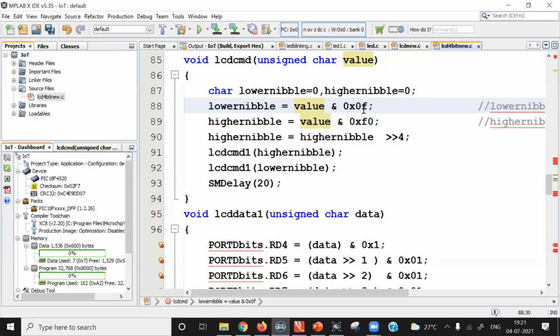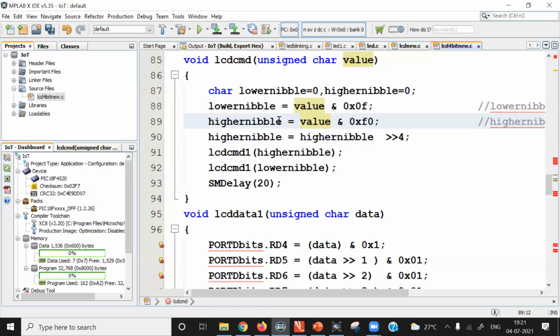So what happens is that the upper 4 bits in this value get masked. You know that ANDing of 0 with 0 is logic 0, ANDing of 1 with 1 is logic 1, and ANDing of 0 with 1 is 0. So with this ANDing operation, we keep only the lower 4 bits, and the upper 4 bits we make 0.